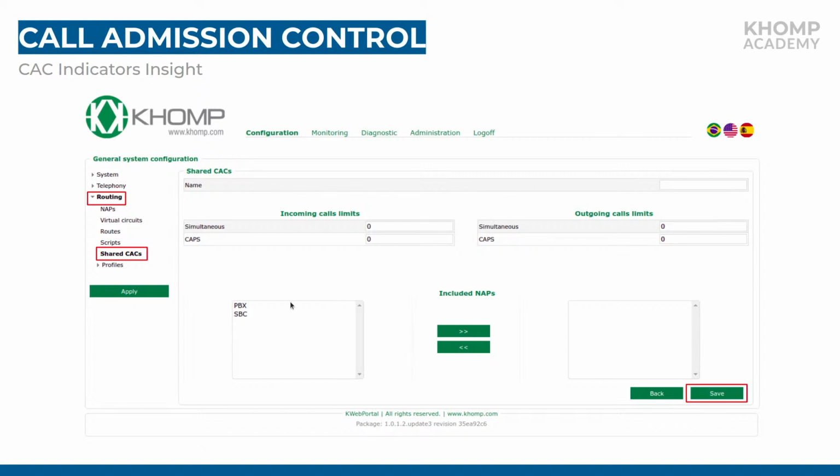Then you will select which naps will be in this call admission control in order to calculate the sum of simultaneous calls. So I'm going to select, here it is, it's very easy. You are going to select the naps and send them to the right. After this, you are going to save the call admission control, and now you are implementing some limitations for